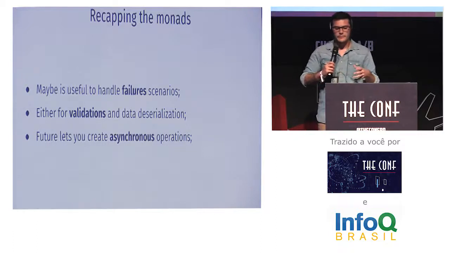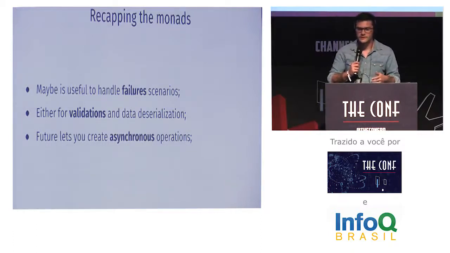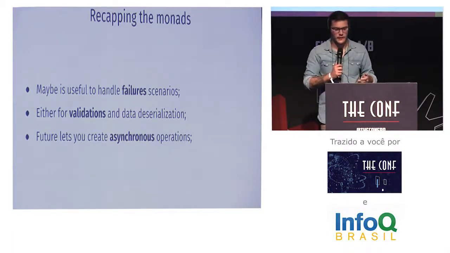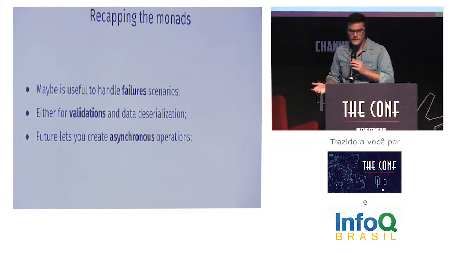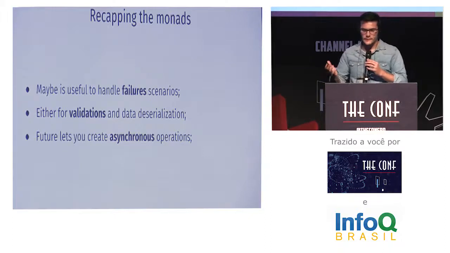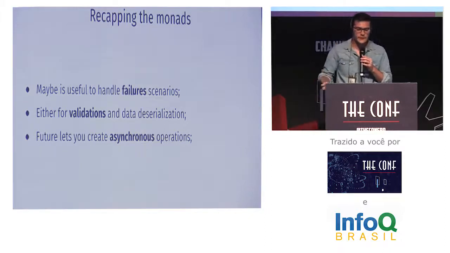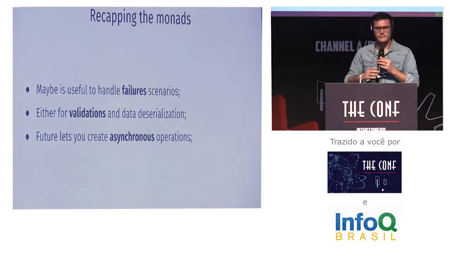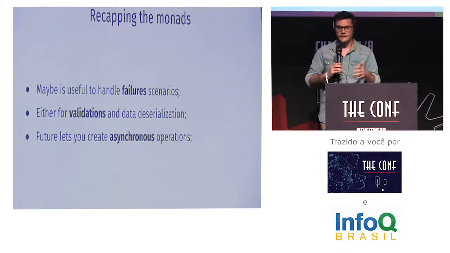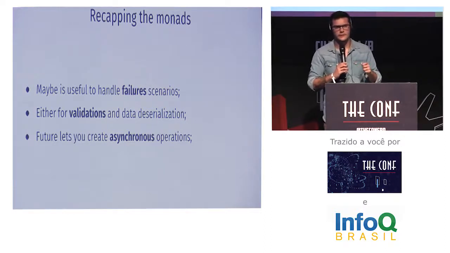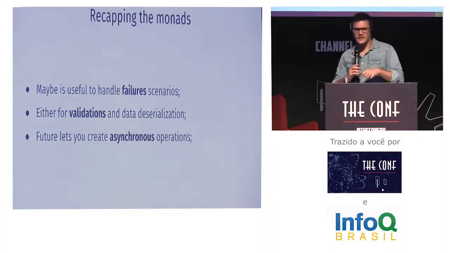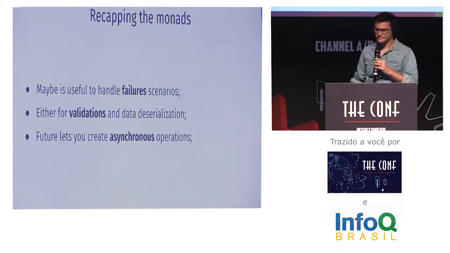I would like to recap the main monads that we explored here today. First of all, I introduced the Maybe. They allow us to handle common failure scenarios and their derivatives using the Optional and the Try monad. The Maybe and the Optional may be the same monad, but the Try is another category. Even, I think in Haskell, you can use the Maybe monad like a try catch, like a Try monad, so they may be the same one.